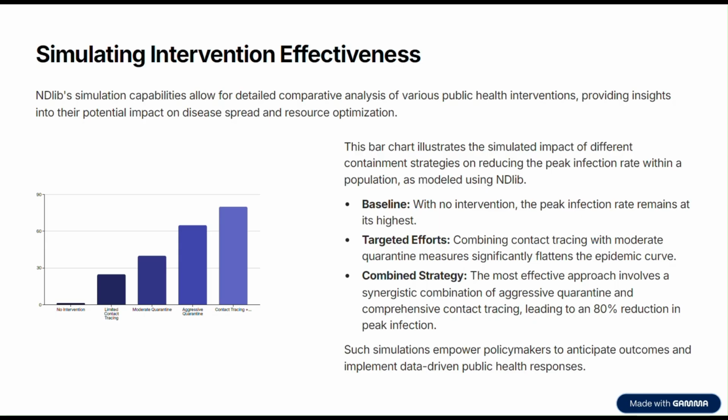Intervention effectiveness. NDlib's simulation capabilities allow for detailed comparative analysis of various public health interventions, providing insights into their potential impact on disease spread and resource optimization. This bar chart illustrates the simulated impact of different containment strategies on reducing the peak infection rate within a population